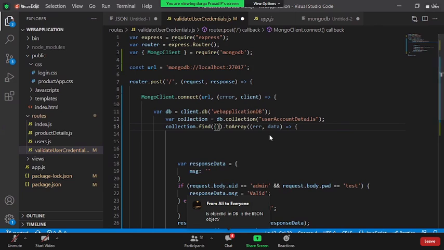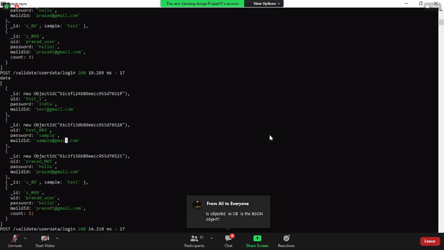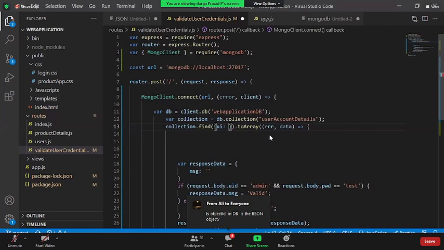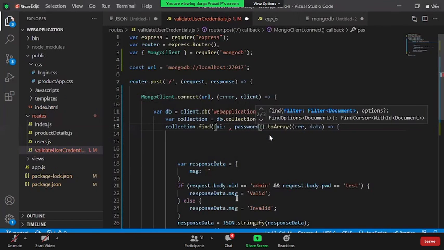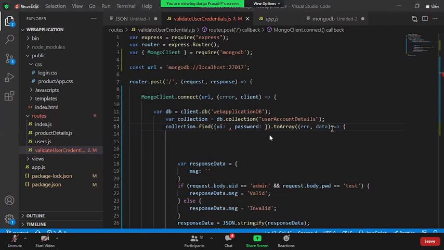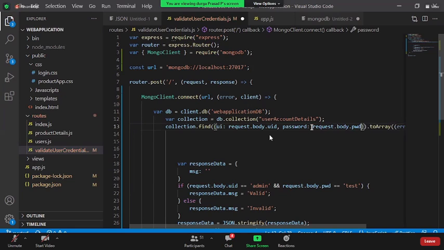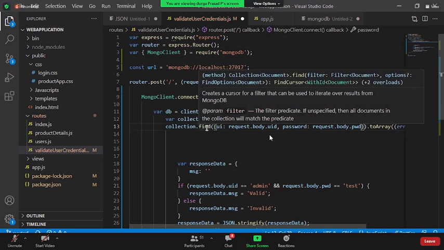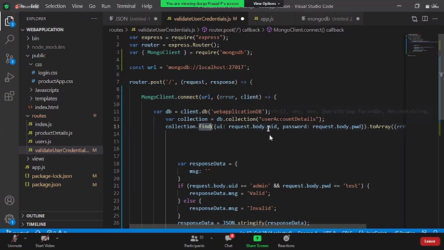Now, can I simply say under the find method, UID colon what UID you wanted, password, what password you wanted. What is the UID we wanted here? Is it not request.body.uid? Whatever UID the user is passing is under request.body.uid. Yes. What is the password we have? Request.body.password here. Copy this and paste it here. Isn't it simple for me? Now, don't find every other guy. Only find the guy who has this given ID and given password, and you're finding an array.